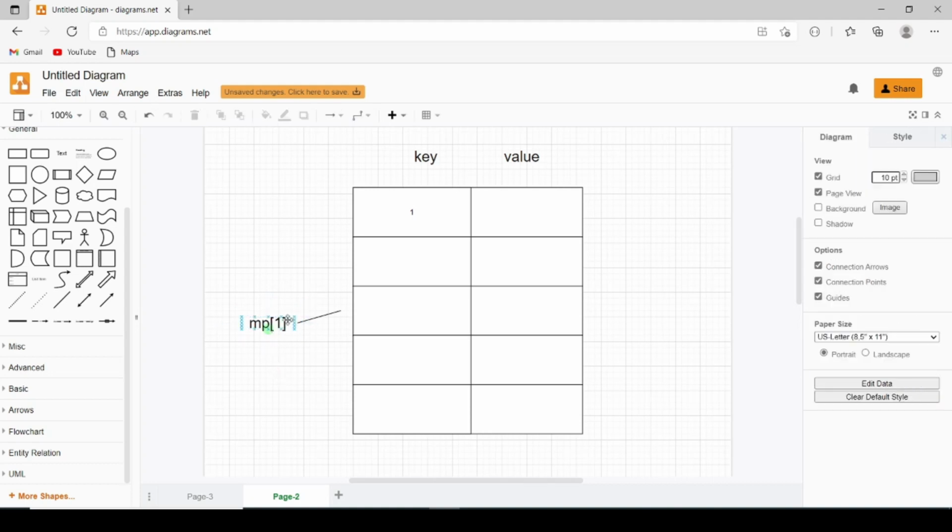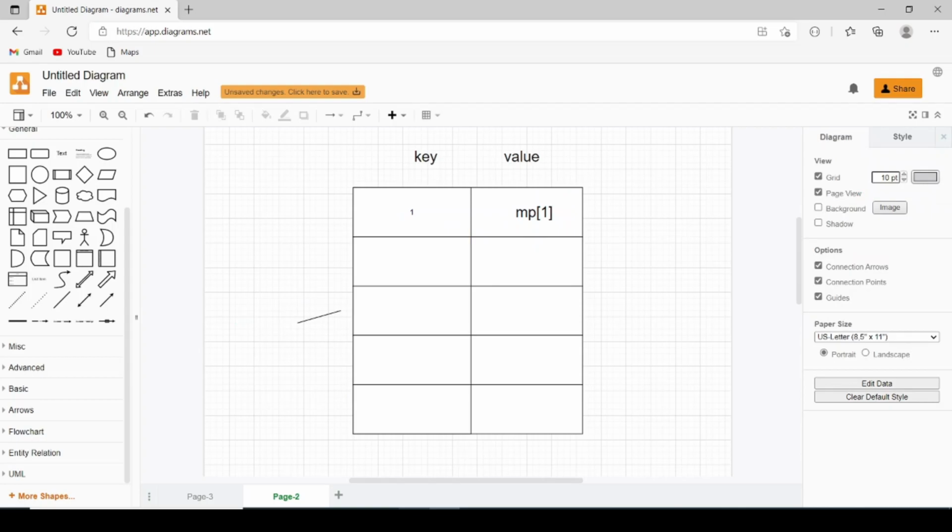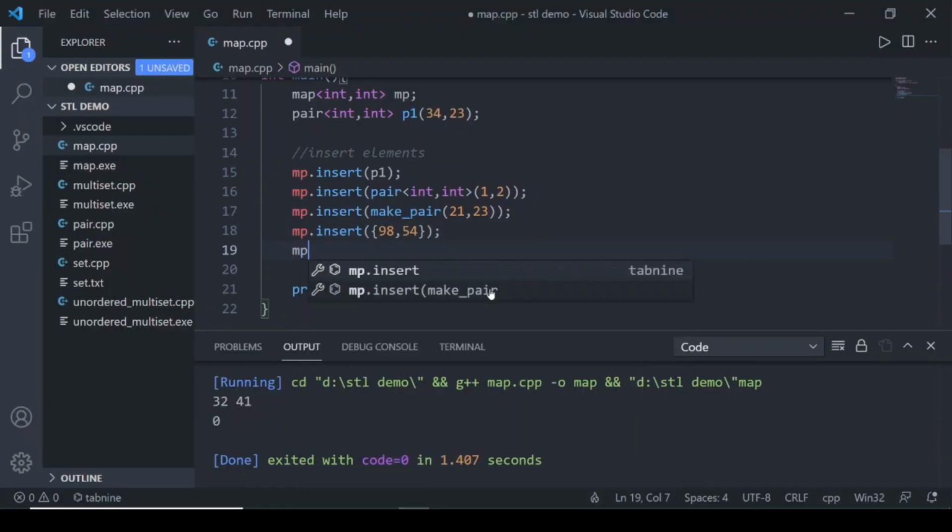This is how I can access this position. I can also insert in this way: if a certain key doesn't exist, I can just make a new key with it. Let's say 54 and here 43.